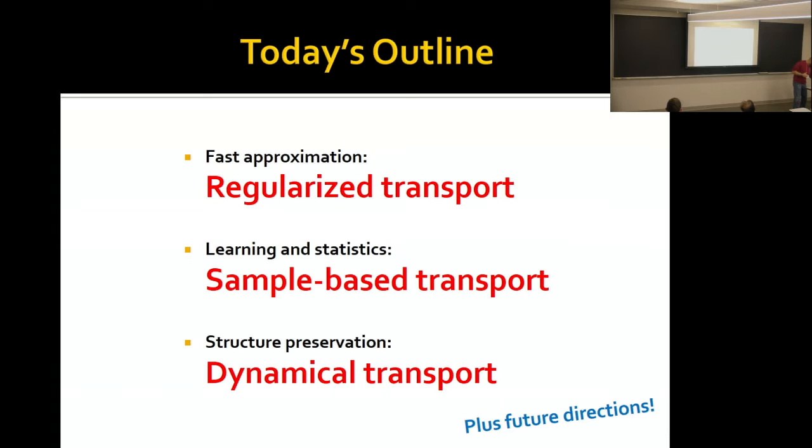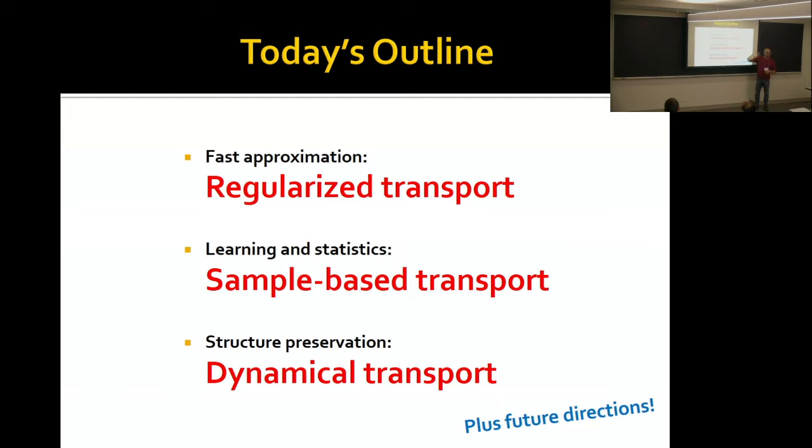So today, I thought I would outline three very different formulations of this transport problem that we've looked at, or maybe two, and then I'll run out of time, that's fine too. And kind of show you what it takes to take these theoretical ideas and translate them into a practical technique. So we'll first talk about some regularized techniques where you just want to extract an approximation of this value very quickly. These are, I think, sort of the best known computational techniques in transport right now, because there's a certain NIPS paper a couple years ago that really brought back a lot of interest in this area.